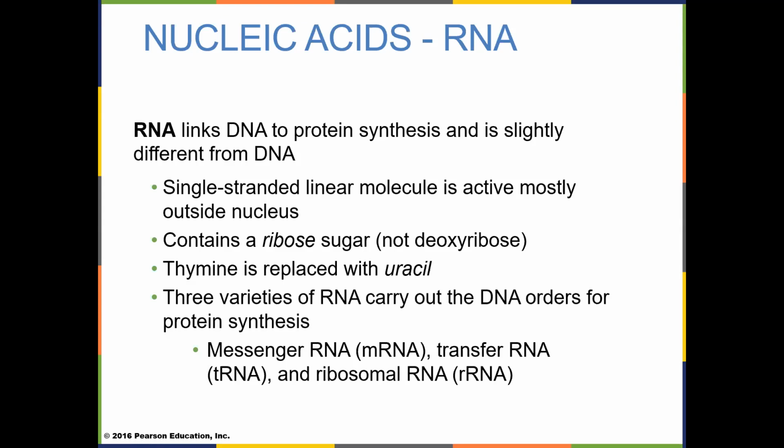It takes the information from the nucleus out to the cytoplasm. We have transfer RNA, which brings amino acids together to be assembled. And we have ribosomal RNA, this is used to make a structure called the ribosome, where the protein assembly takes